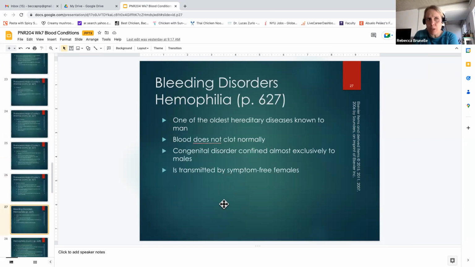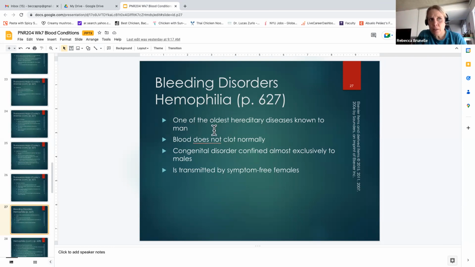On the other end of the spectrum, or a different sort of bleeding disorder or blood disorder, is going to be hemophilia. Has anyone heard of hemophilia, or can anyone tell the class what hemophilia is? Just a free bleeder. Right. So it's someone that bleeds a lot, right? So they're missing a specific clotting factor. There's a bunch of different enzymes and proteins produced by the body that lead to clots being formed. So patients that have hemophilia are missing one of their clotting factors, so they are not able to form clots.